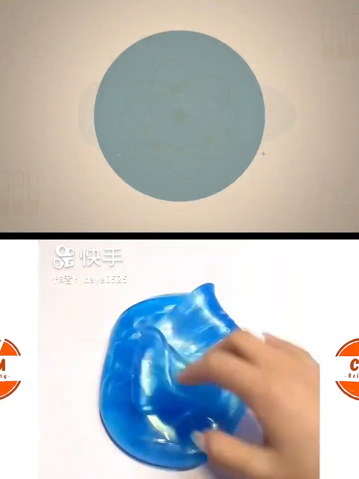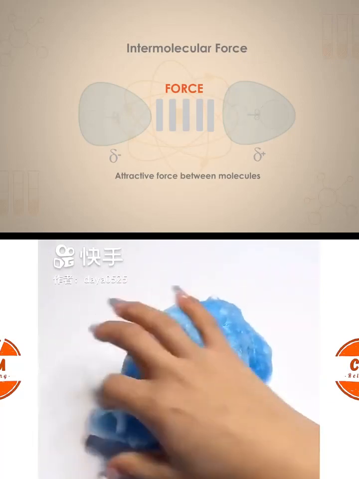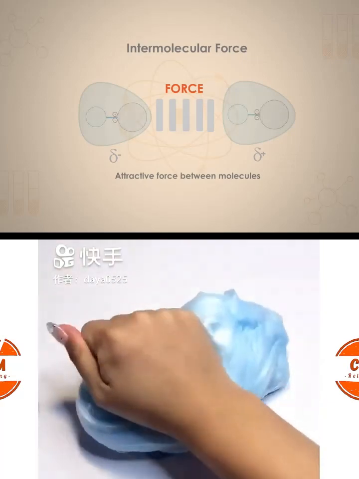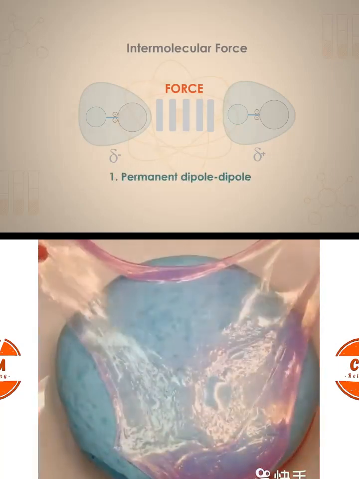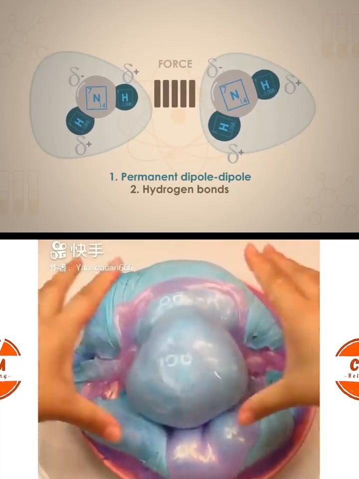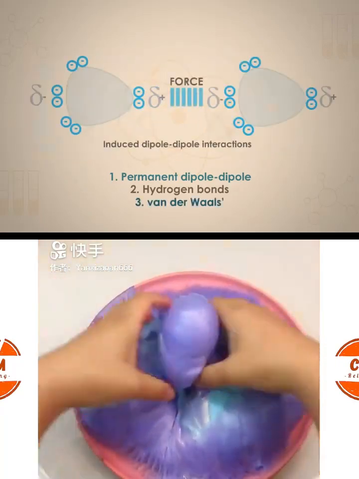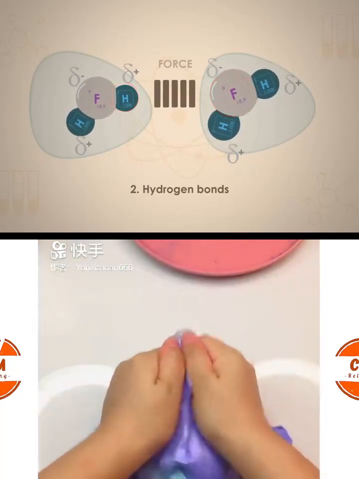So, to recap, an intermolecular force is simply an attractive force between neighbouring molecules. The three common intermolecular forces are 1. Permanent dipole-dipole forces, 2. Hydrogen bonds, and 3. Van der Waals forces. Hydrogen bonds exist between a hydrogen atom on one molecule